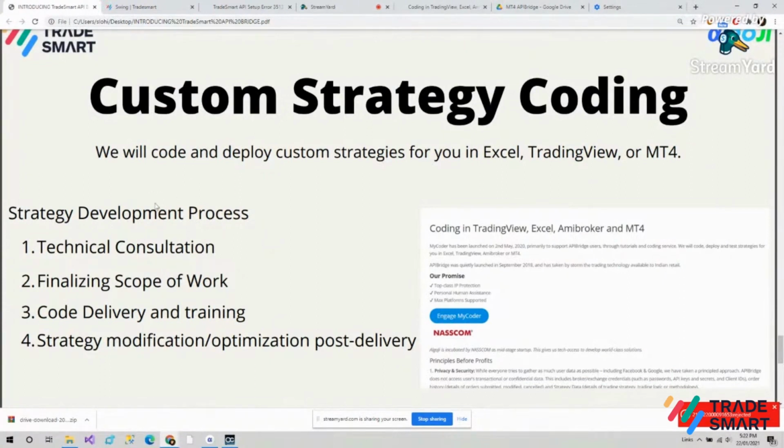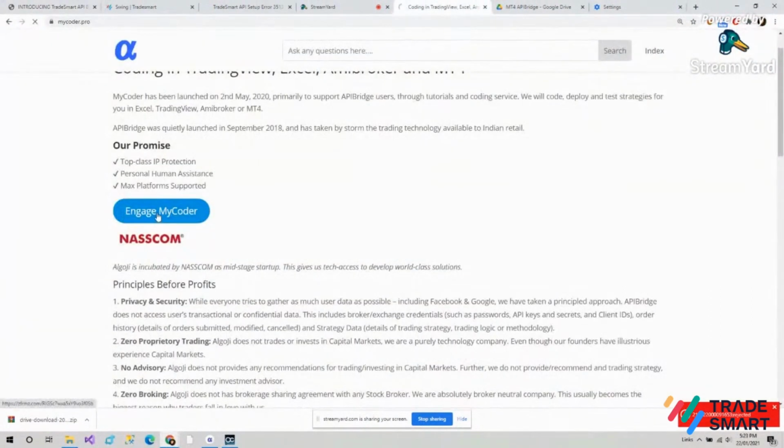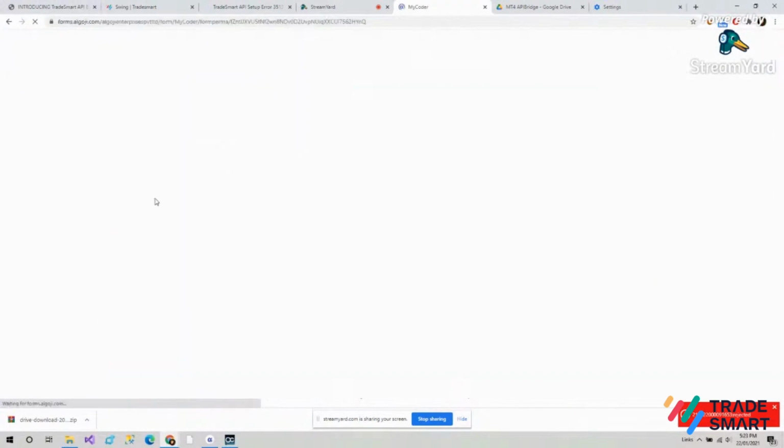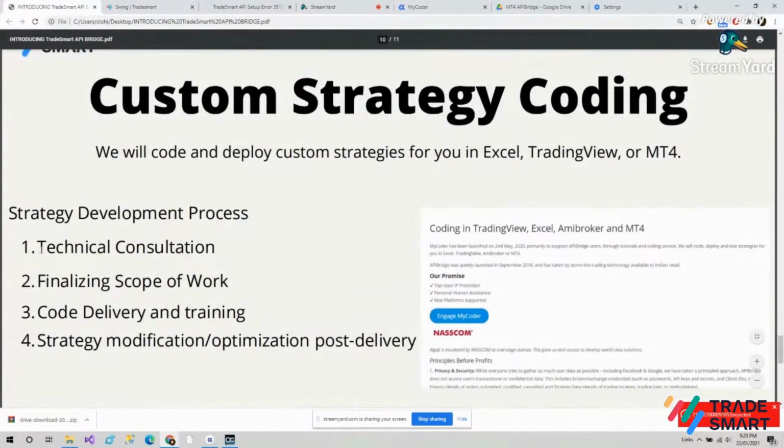And here is how the process works. This is the strategy development process. First is technical consultation. First you will fill the form here. You'll click on engage my coder, and fill the form. After that, a technical consultation will happen.